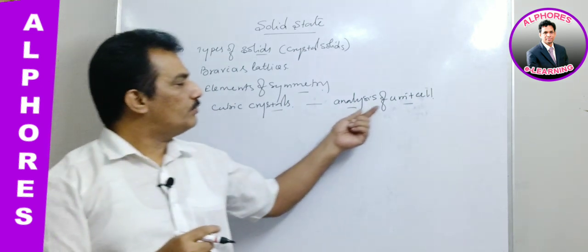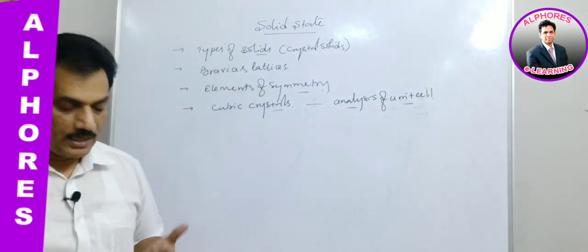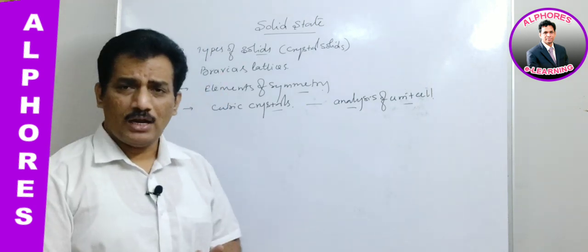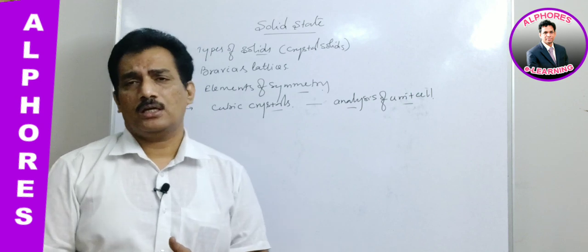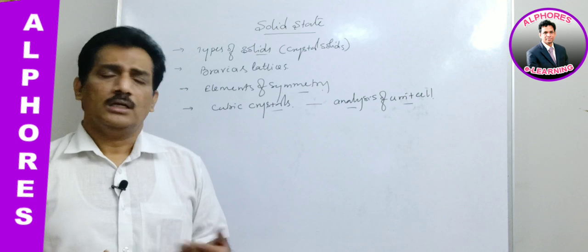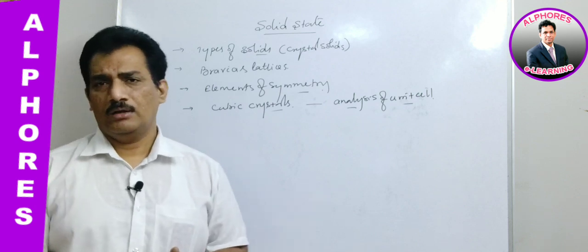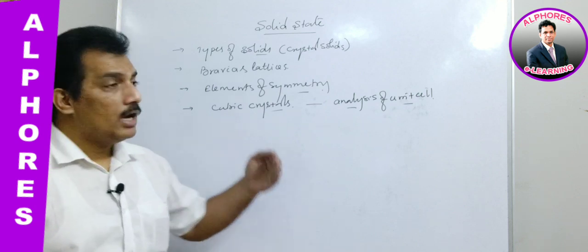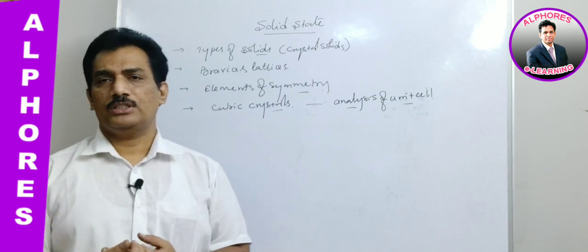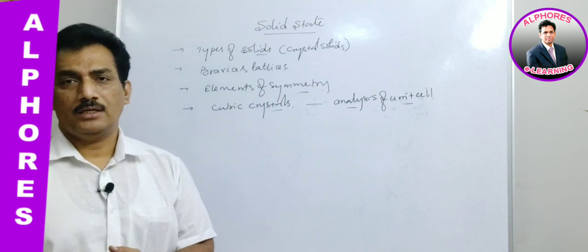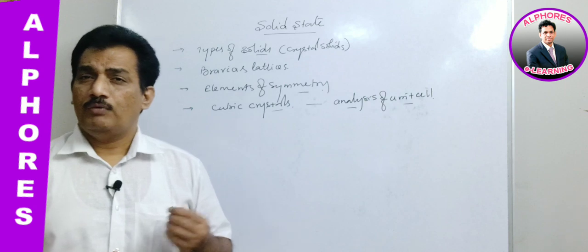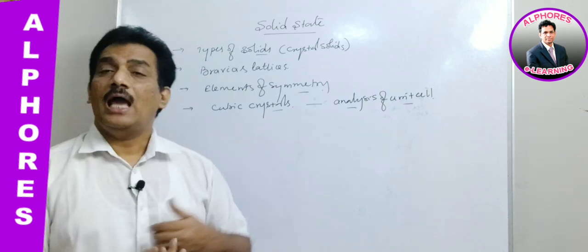In the analysis of unit cell, first of all we have to find the position of lattice points, the number of lattice points, and the number of spheres that are possible, that is, the number of ionic pairs that can be present in the unit cell, in case it is an ionic crystal. And then we have to study the mass of unit cell, the volume of unit cell, and thereby the density of unit cell, and thereafter we have to find the relation between the radius of the atom or ion and the unit cell edge length.